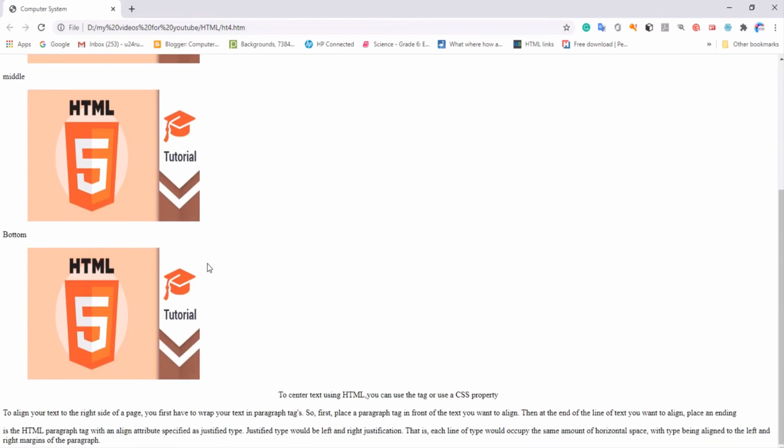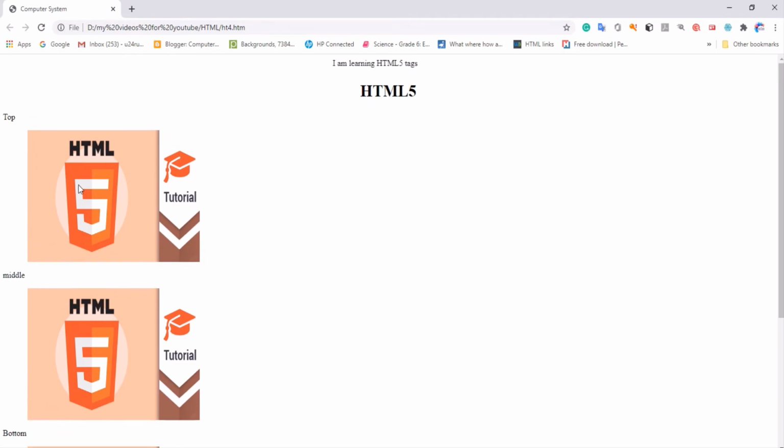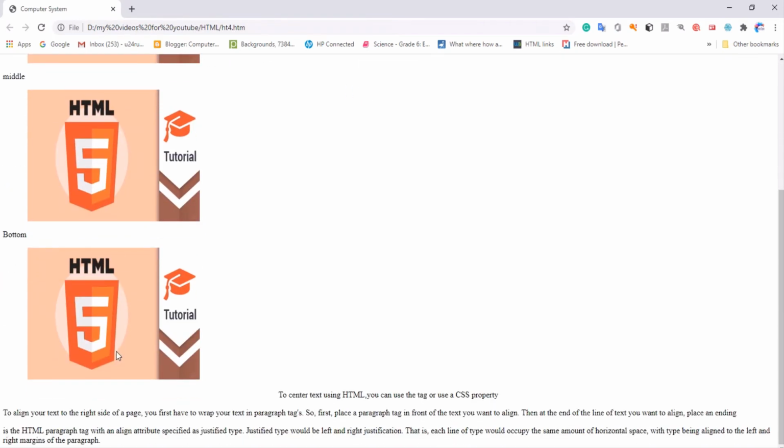Now you can see, you can align the text at the top, at the center of an image, and here at the bottom of the image. Clear? So this text is coming at the bottom. The image can be aligned with text in three ways: top, middle or bottom. So this is how we use it.